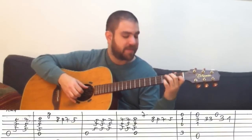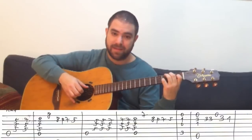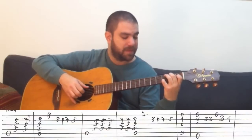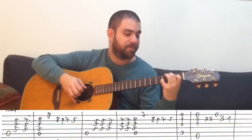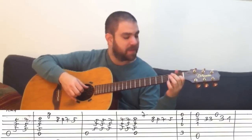it's a part of the chord. So C, and then E7, and then 1. Okay, a C note. So